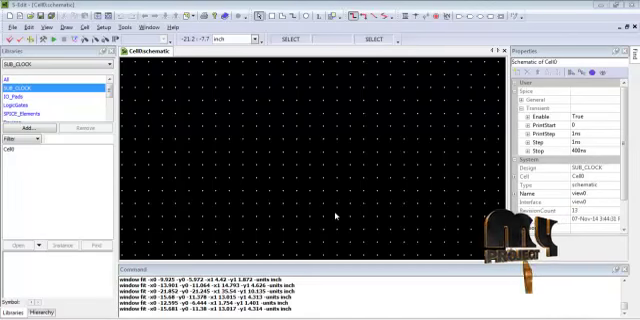And finally we see the output for the product. This is our design for